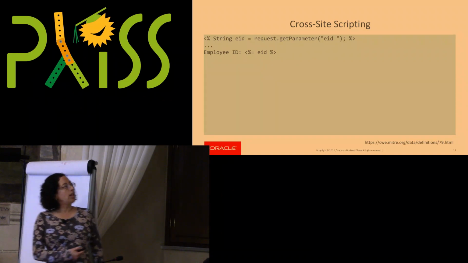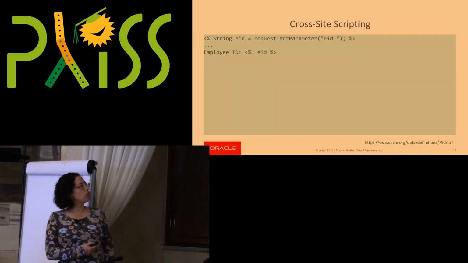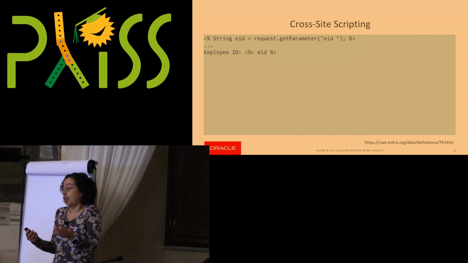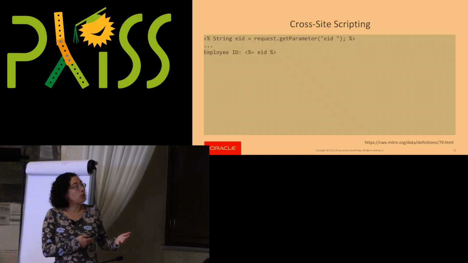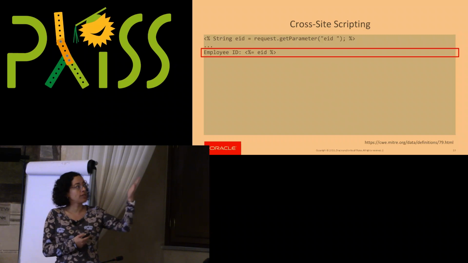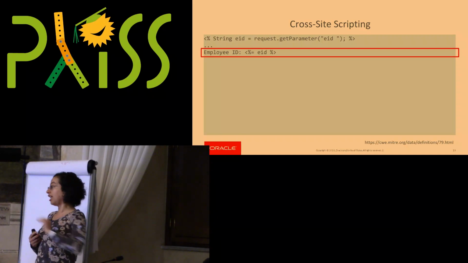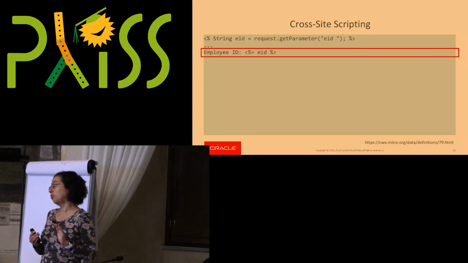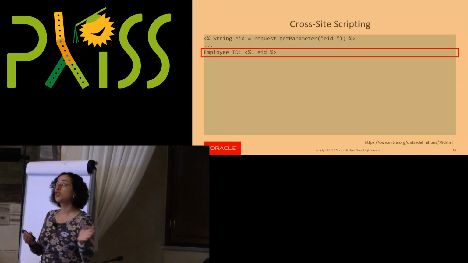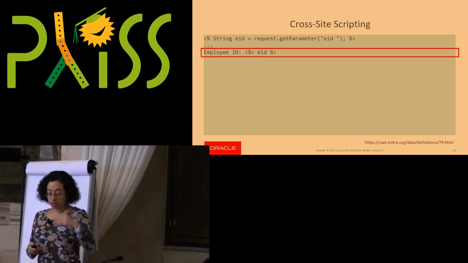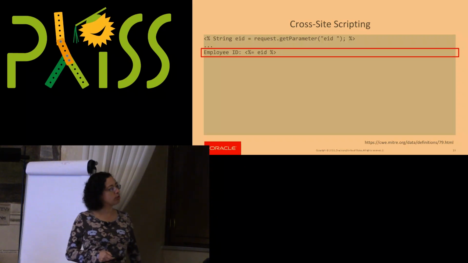But in this employee ID here, we're not actually doing any type of checks, so we could have anything at all, right? And then when we're rendering, the browser is going to execute whatever is in that particular string, and it could be anything, right? We could be executing some JavaScript code, for example, or redirecting you to another website, things like that. So there's a cross-site scripting issue there.